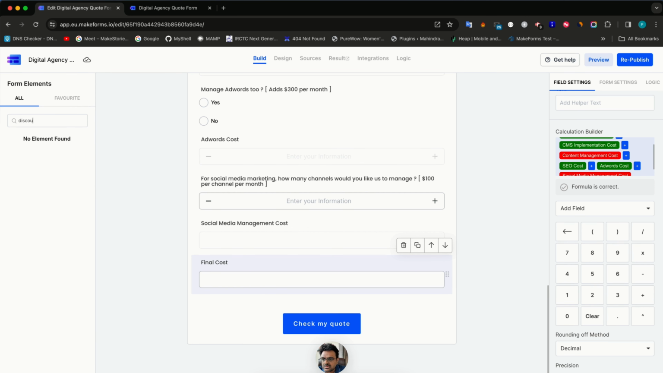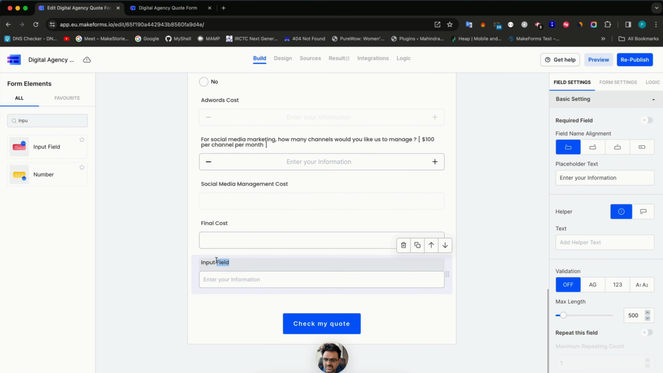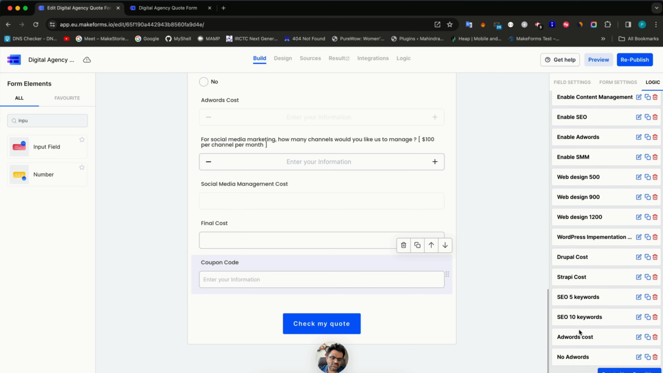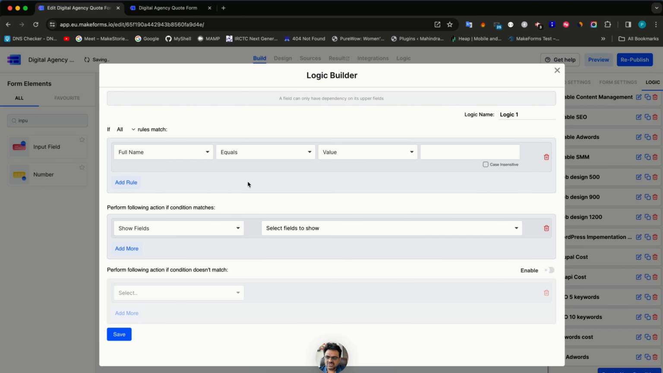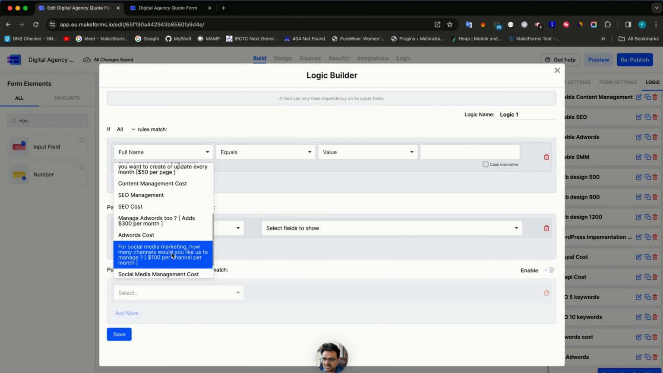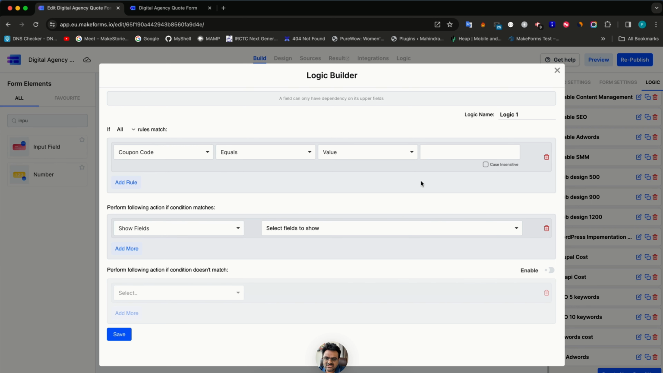so we'll add an input field, and we'll just write here discount coupon code, for example. Okay, and then we'll write a logic, and what I'm doing is that I'm just creating an option for coupon code. I'm just saying 15 off. Okay,